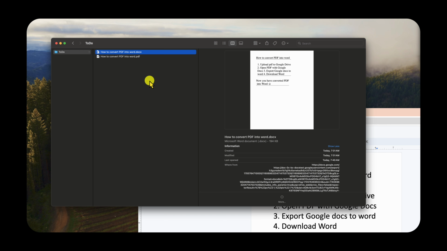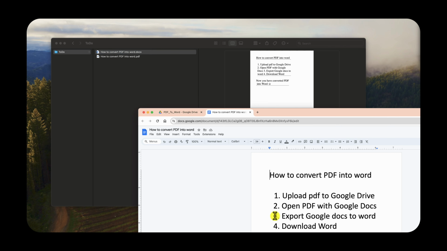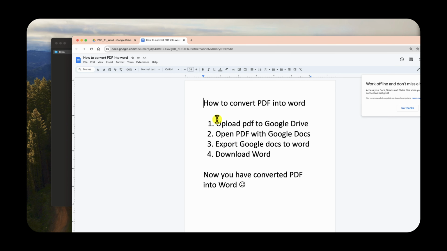Alright friends, so again it's a three-step process. You upload PDF to Google Drive, you open PDF with Google Docs, you export Google Docs to Word, and then